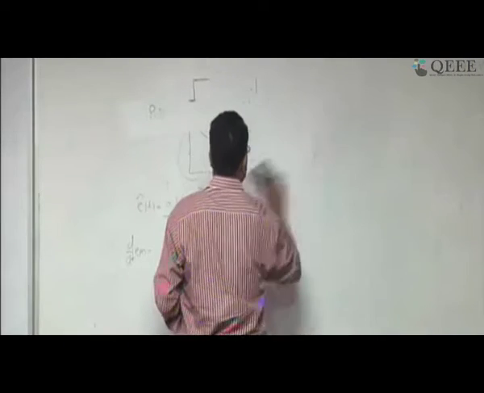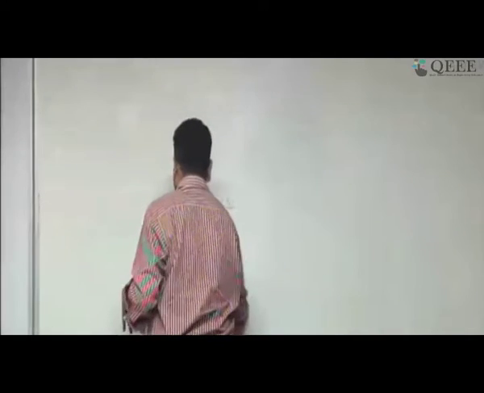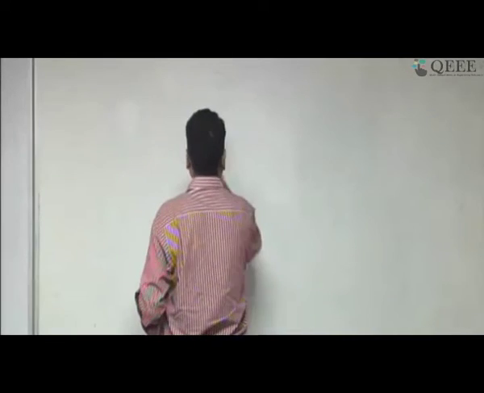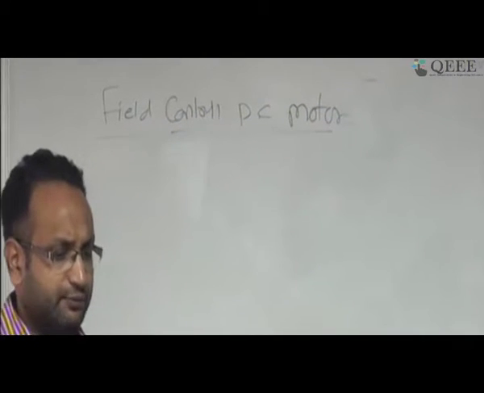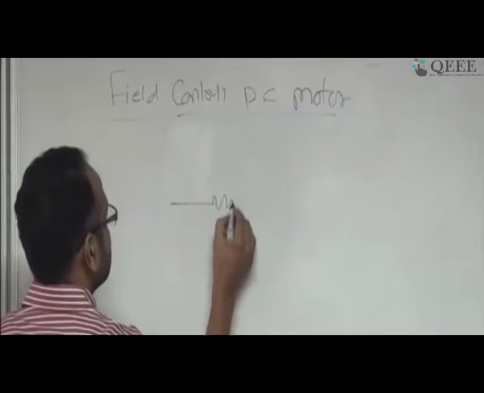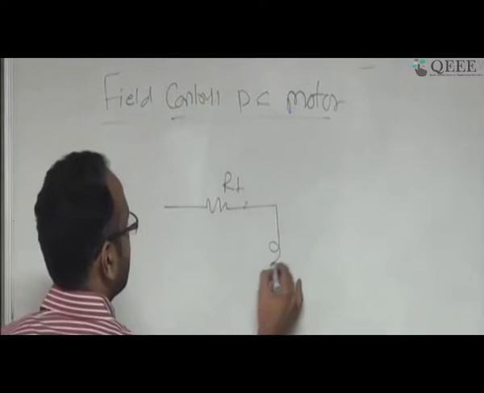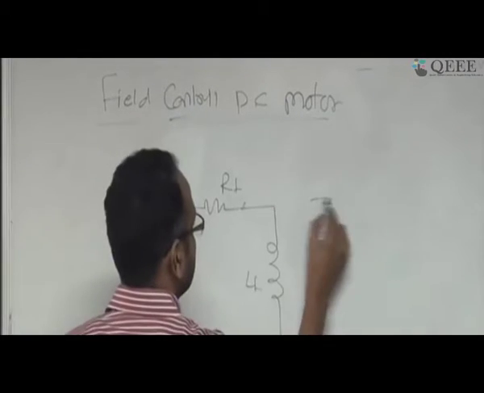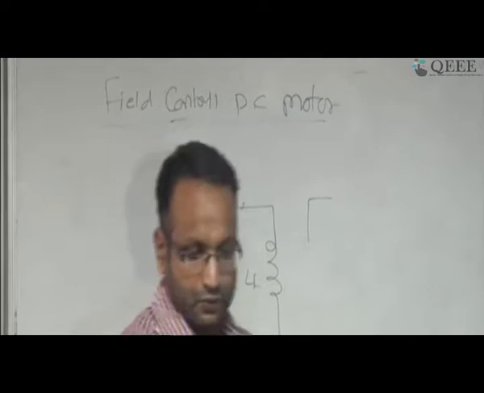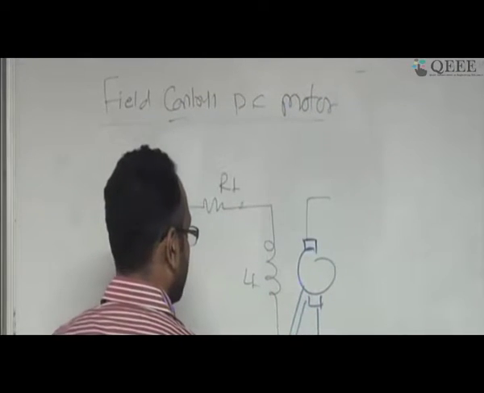Now, for this derivative controller, I want to take one example and show you how people have sometimes modified the way of incorporating the derivative term, and they have addressed this issue. For that, take a field control DC motor that you have studied in several other courses. This is going to be RF, this is your part, and you apply a voltage, then this is your armature control, this is your motor, and this is your load, correct?